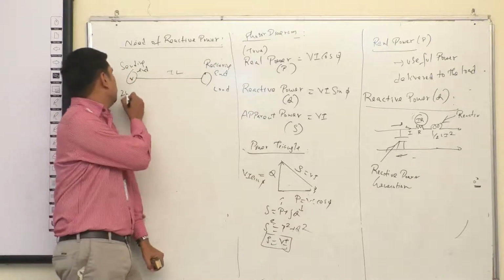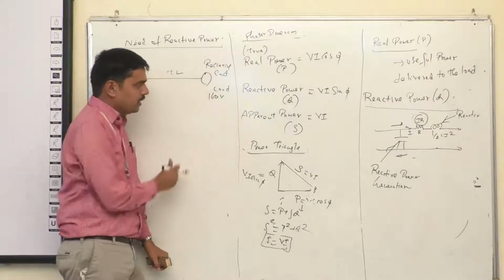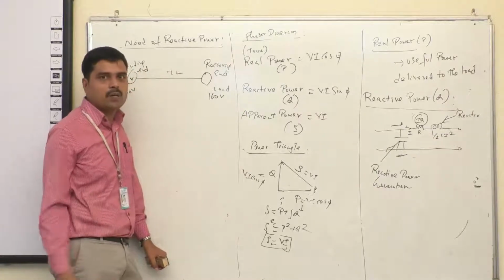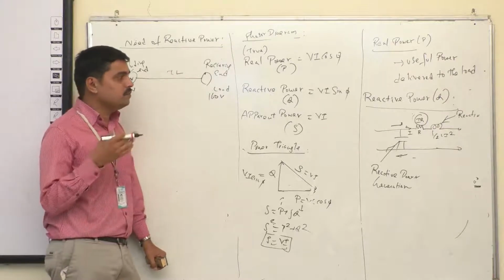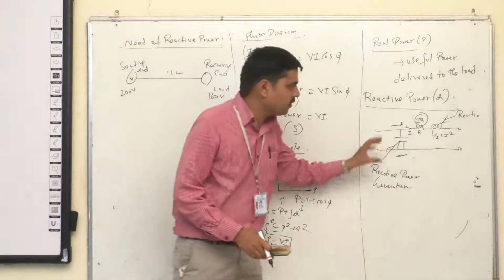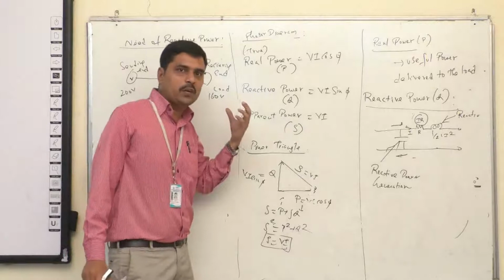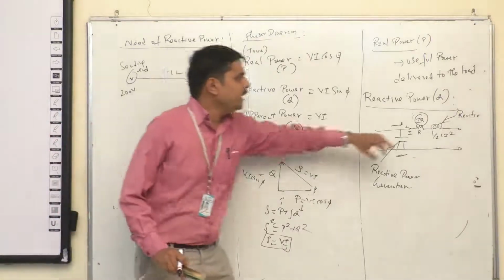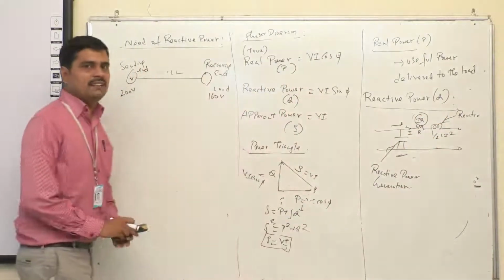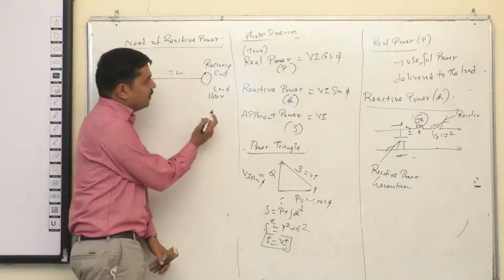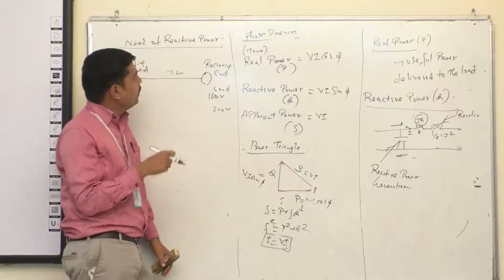Suppose I am sending 200 volt from here. I am not getting 200 volt here. I am getting 160 volt here. The 40 volt gets dropped because of the reactive power absorption in the inductor. So what we need to do is connect a capacitor. Sometimes a capacitor effect is already there, but it is not sufficient. We need to connect some capacitor banks to improve the reactive power. So we inject reactive power to eliminate the reactive power absorption. It is like a compensation. If you compensate that, you will get 200 volt here. That is what we are doing with reactive power generation.